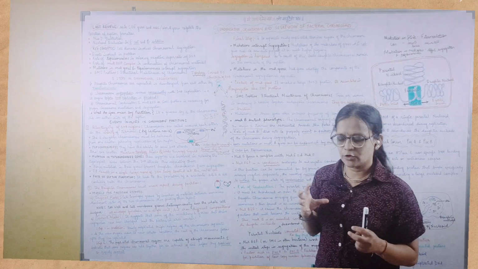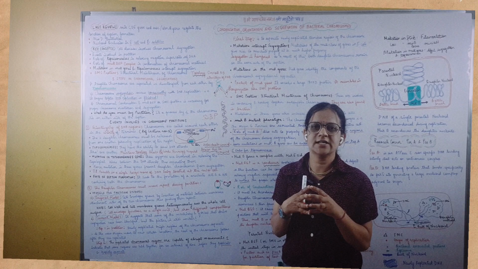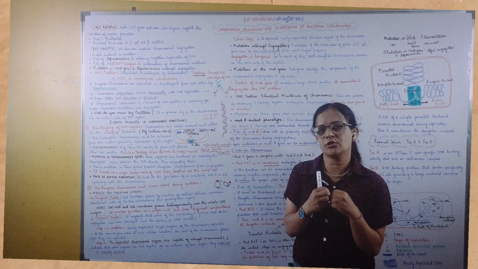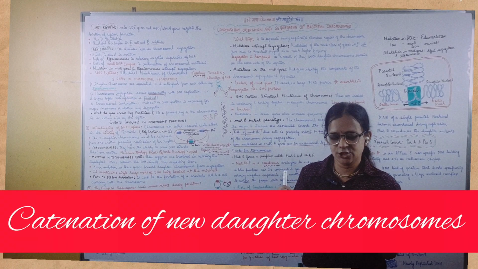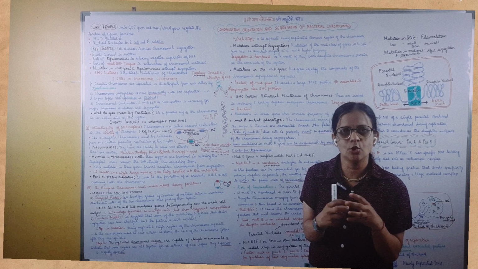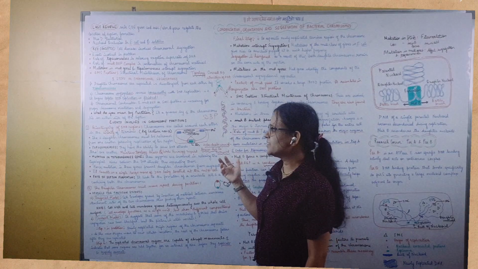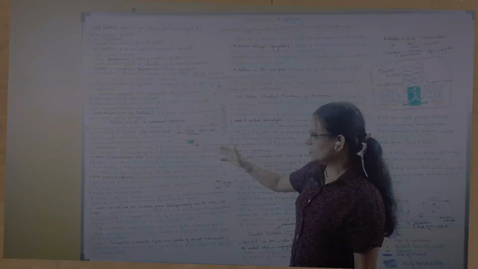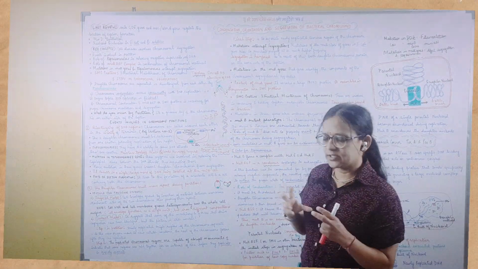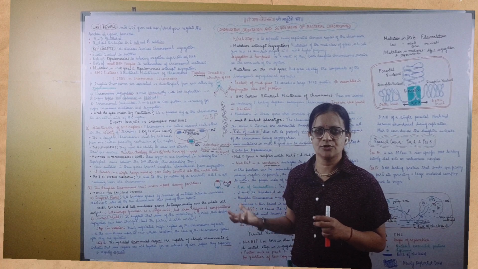Similarly, in case of prokaryotic DNA replication, you have this dimer formation. That is, once the two circular daughter chromosomes are formed, there is a chance of them getting entangled into each other, right? There is a catenation of the two newly synthesized daughter chromosomes. To avoid this, we don't want the dimer formation to take place. So in the next lecture, we are going to see how this process occurs.